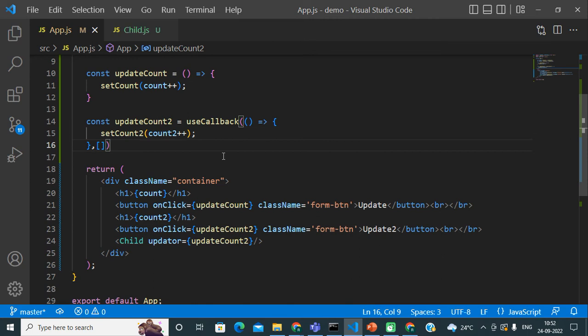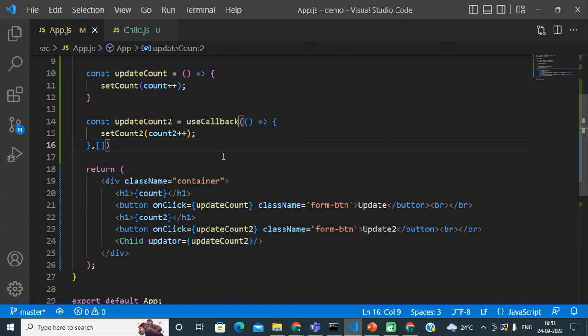So with the help of the useCallback hook, we store our function in cache memory using the memoization concept, and that is why whenever our component re-renders, the cached version of the function is returned instead of recreating the same function. So this is actually the useCallback hook. With it, we can create the memoized version of a function, so that function is not getting recreated.